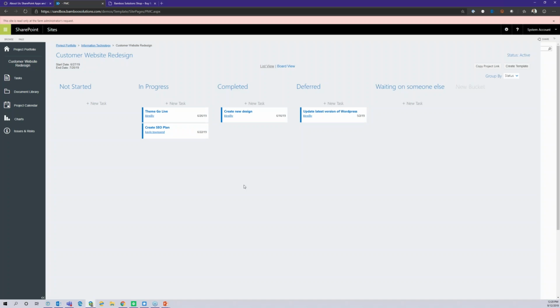So is there formatting of the tiles, for example, color of that blue bar on the left based on a field on the list? There's currently not any, but we do have